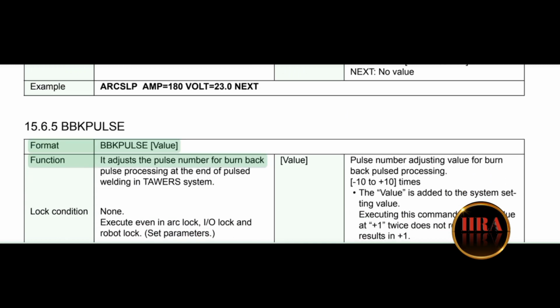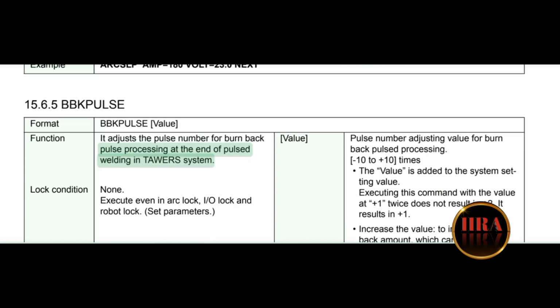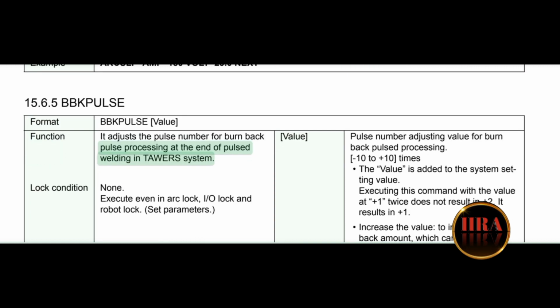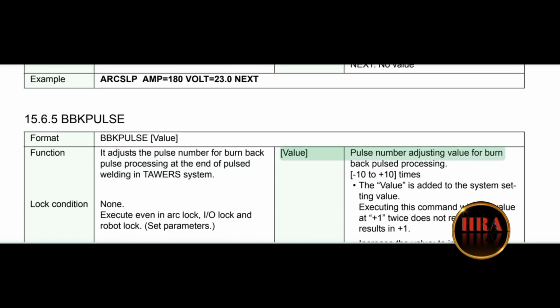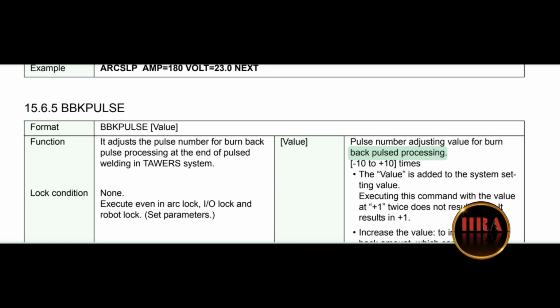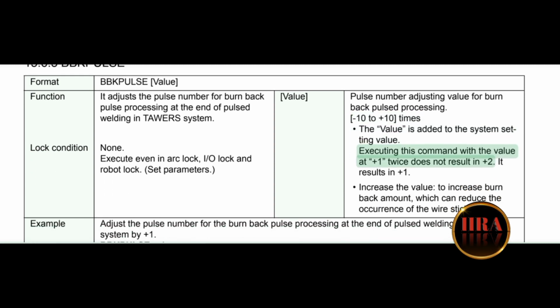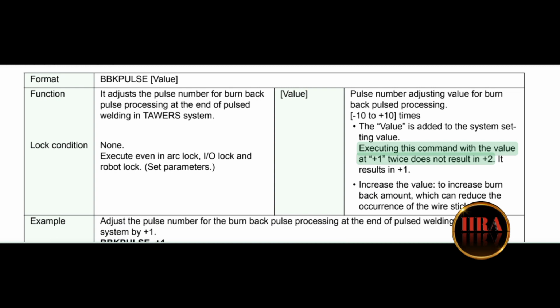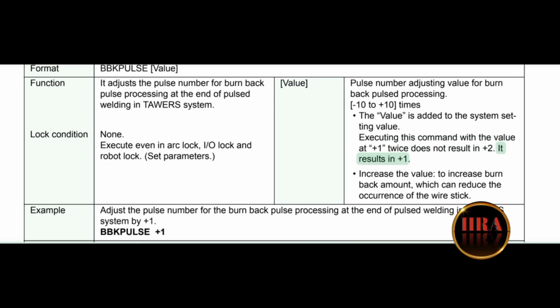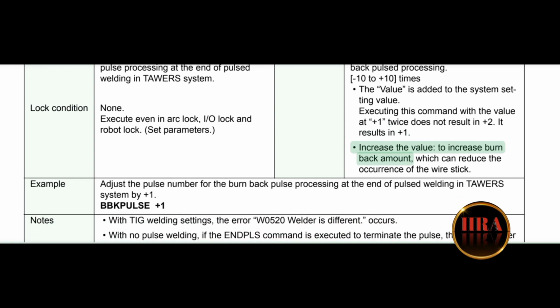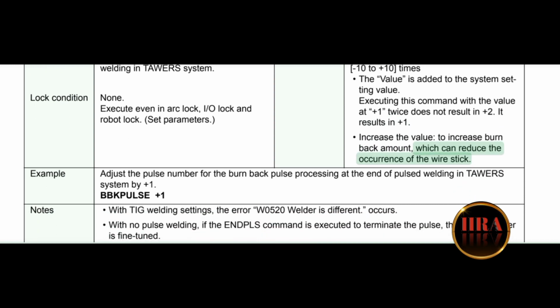Format: BBKPULSE value. Function: it adjusts the pulse number for burn back pulse processing at the end of pulsed welding in TAWERS system. Value: pulse number adjusting value for burn back pulsed processing, -10 to +10 times. The value is added to the system setting value. Executing this command with the value at +1 twice does not result in +2. It results in +1. Increase the value to increase burn back amount, which can reduce the occurrence of the wire